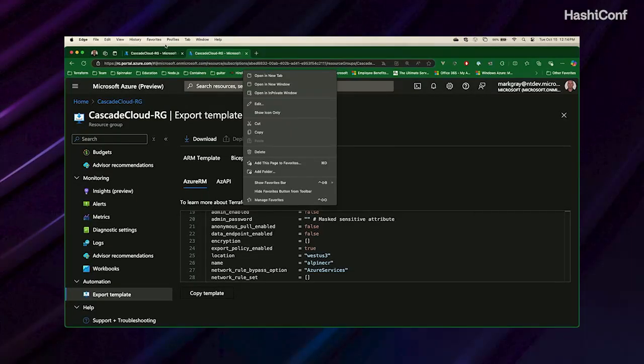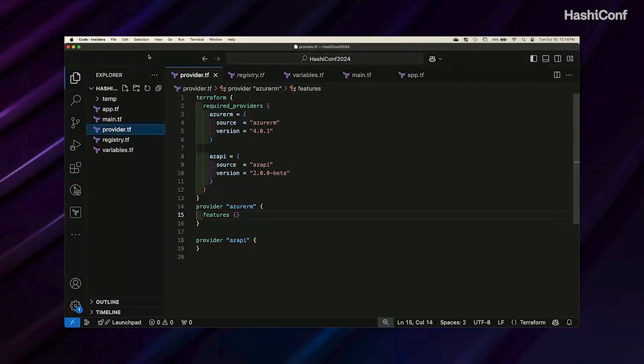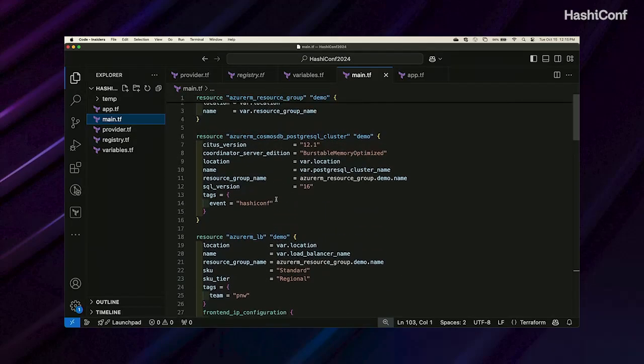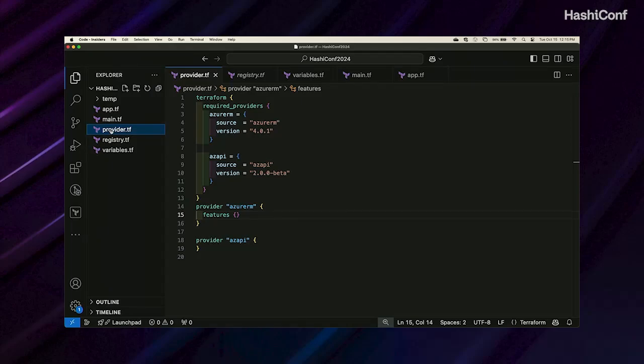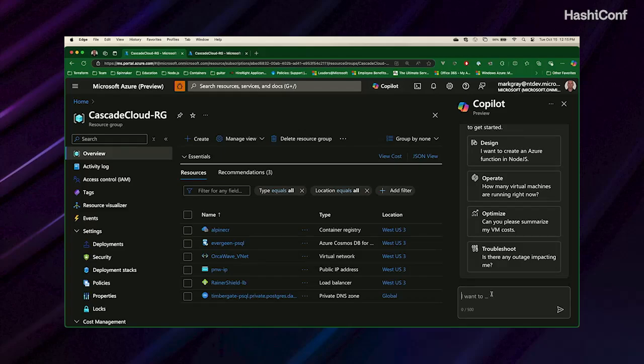All right, so over here back in the environment, first of all, we have a configuration here that's already been set up. So the code that Stephen exported here, we have already shown here. We have some provider information. So you have your configuration there, and you want to add that new service to that. So if you go back to the portal here and say Copilot, you can ask questions like,